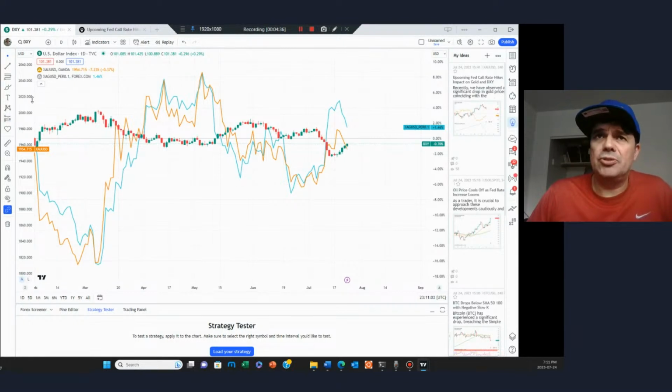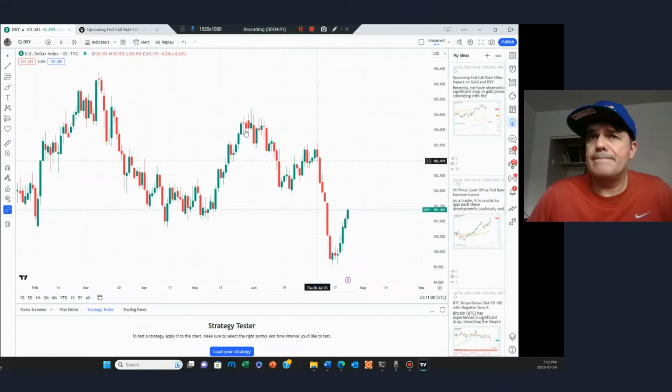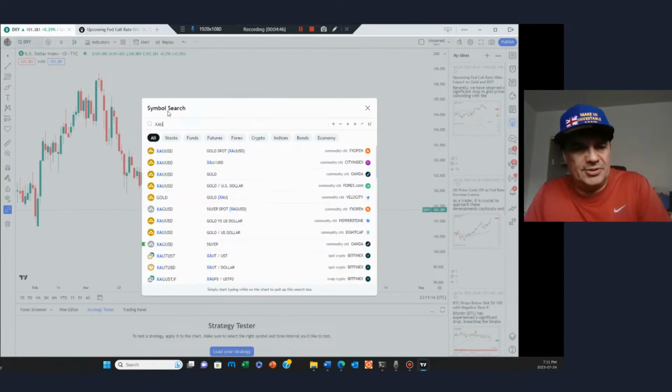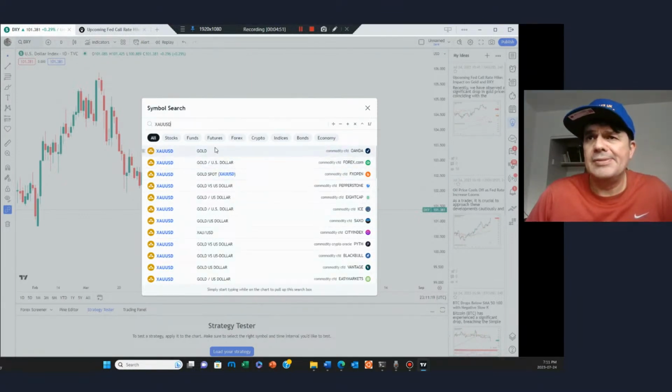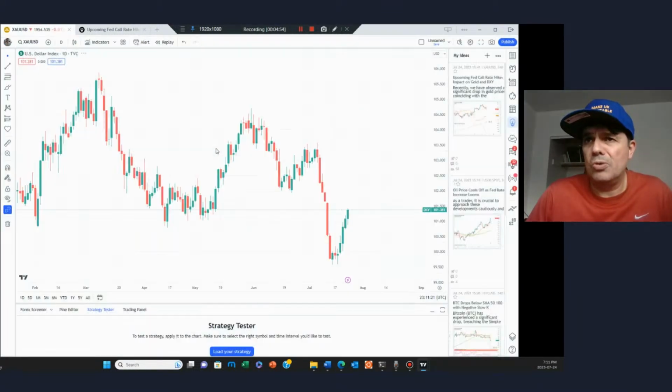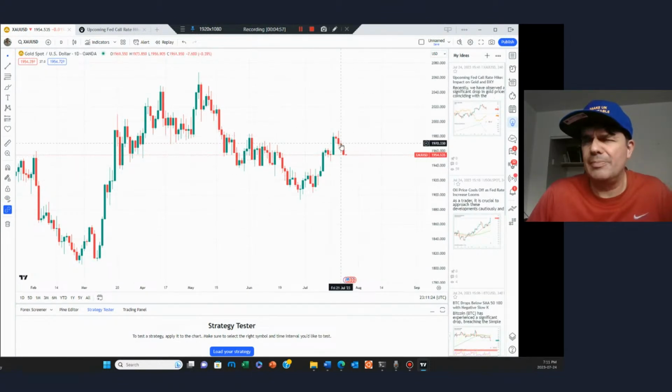And let me show you, get rid of these. Okay, so I'm going to flip over now to gold. If you got questions, let me know by comments, of course. So when you look at gold CFD, here it is. You can see gold has come down as I showed you with the US dollar. That's one of the big reasons why gold goes down, because if the US dollar goes up, it becomes more expensive for people to buy gold in US dollar, as opposed to, I haven't done this in a while, but